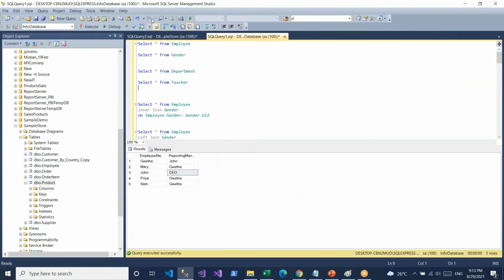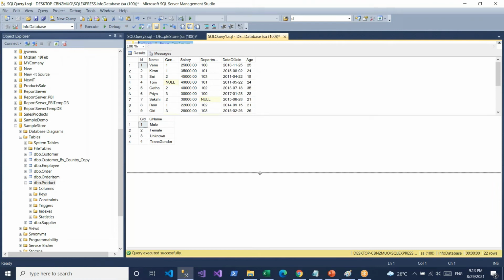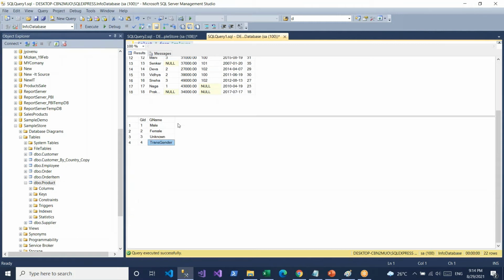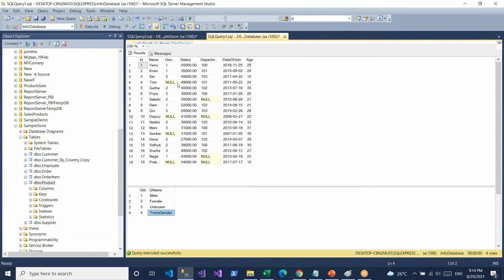At the same time, as I showed here in the gender and employee example, I have four genders. Out of the four genders, for transgender not even a single person has this value. That's why this value is made separate.